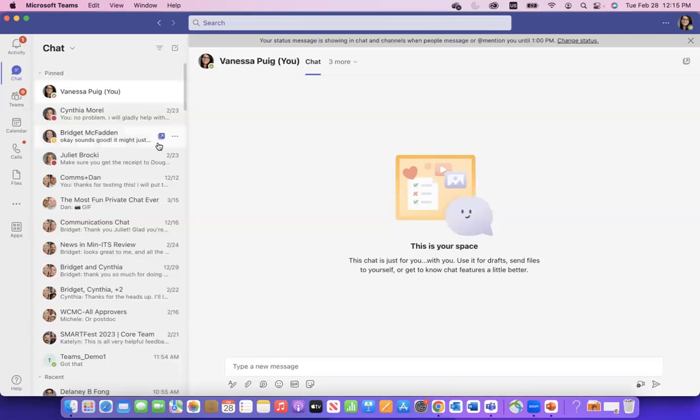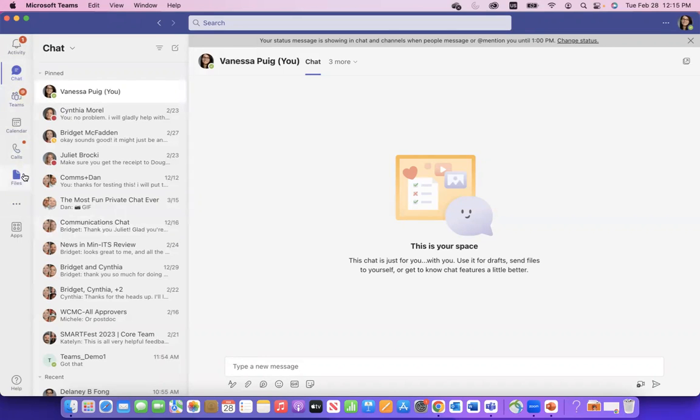So this is going to be your Teams dashboard, and we'll go through how it's set up so that you can find everything that you need. Right now, I'm just on a conversation with myself, which may seem a little weird, but this is a cool little space where if you wanted to share links with yourself, files, things like that, it's stored in this little space where you can always access it, and it'll always be saved for you. So just something to keep in mind as you are using Teams.